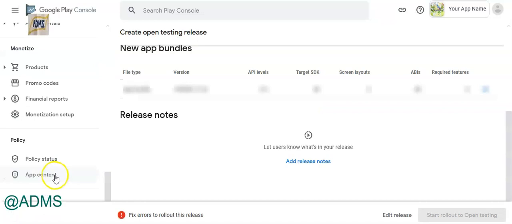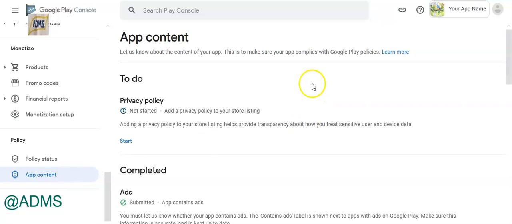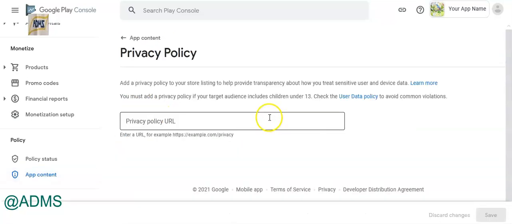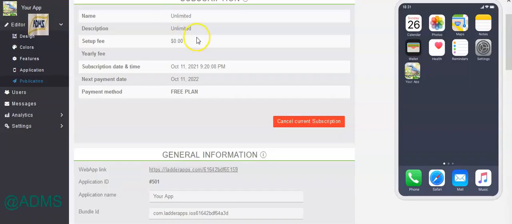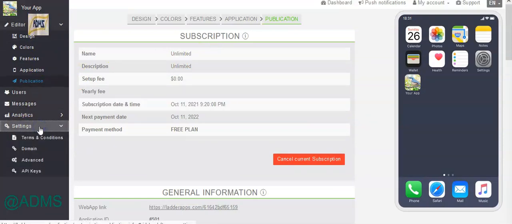Scroll below and go to the app content section. Here it says privacy policy not started. So click here, start, and you have to add a privacy policy here. You need to have a privacy policy URL. For that, go to the app builder, and then on the left side click settings and then terms and conditions.